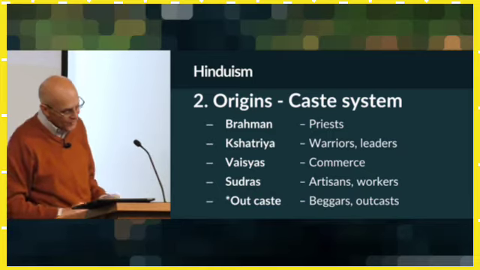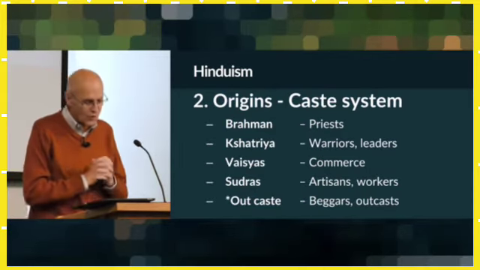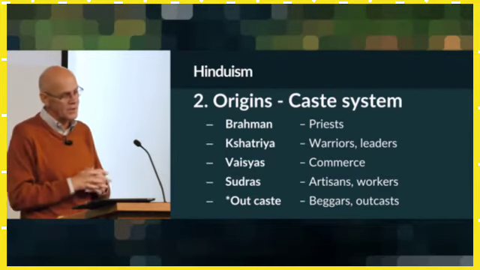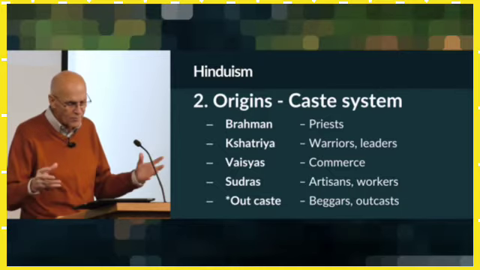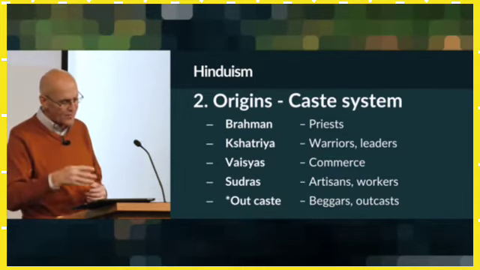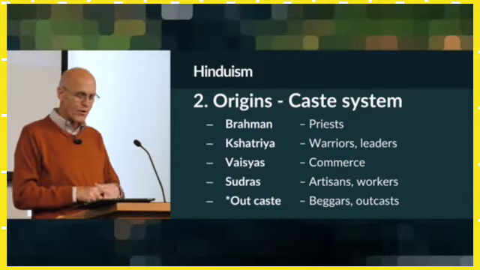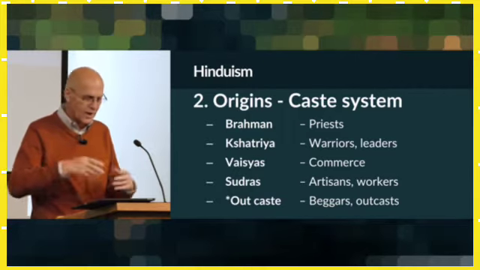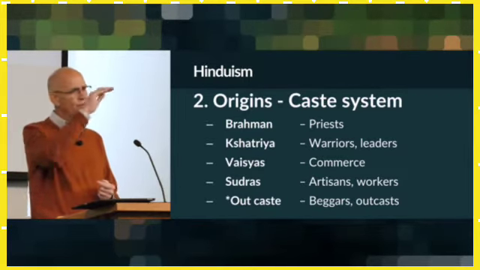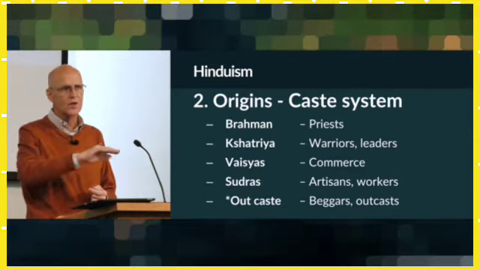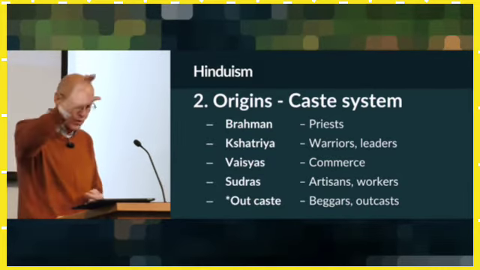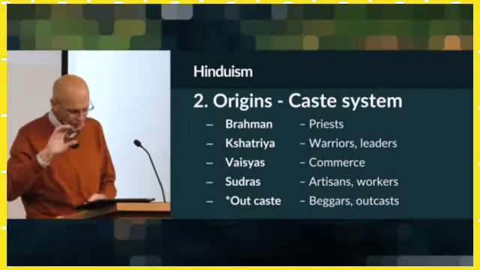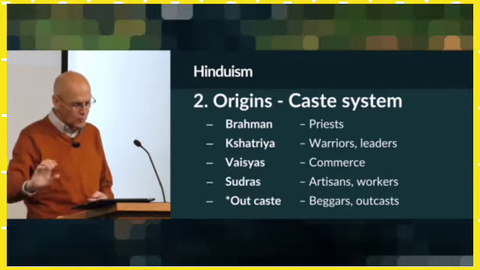The third, the Vaisyas, they were the commercial class. They were the business people. They were the middle class, the shopkeepers, and these people formed the third class. And then the fourth class, the Sudras, they were the artisans and the blue-collar workers, if you wish, and the people who worked in the service industries. And these were very strictly enforced strata of that society. The priestly class, the warrior or military class, politician class, the commercial class, the artisan, the blue-collar class,